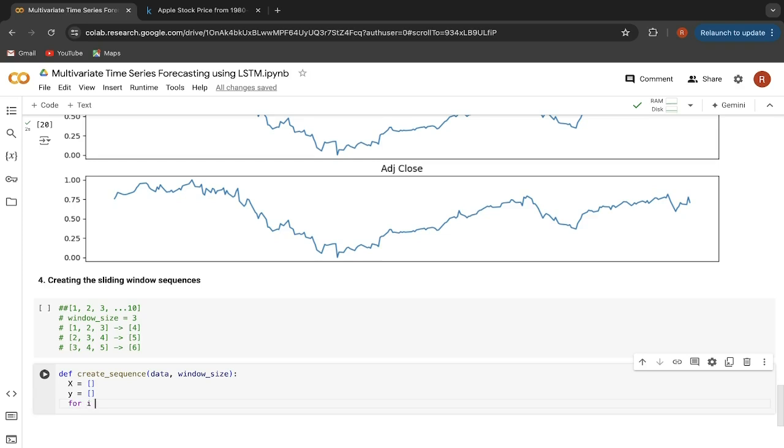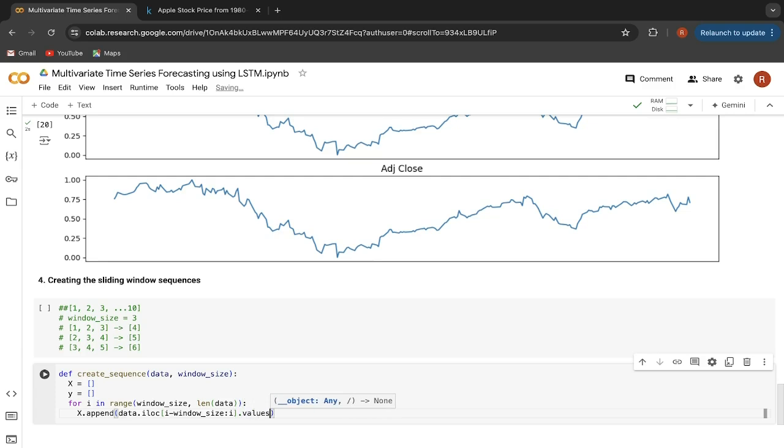So for i in range, window size, up till the length of data. In X, I will append data.iloc, this is the location of index, from i minus window size up till i, dot values.